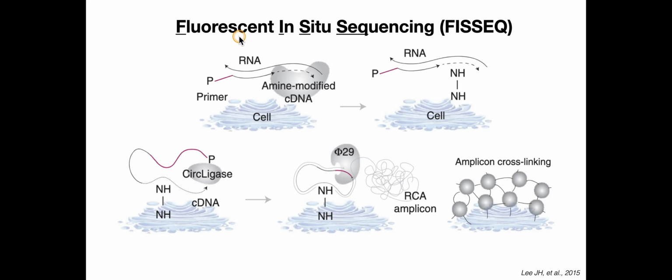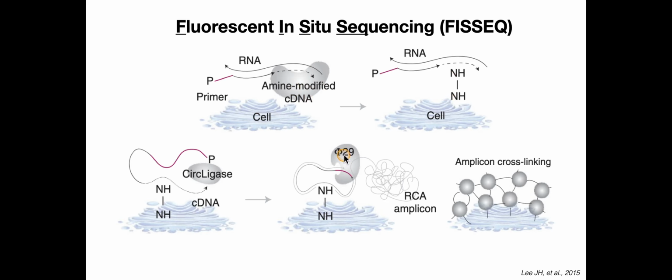One such method, called fluorescent in situ sequencing, or FISSEQ, will probably be recognizable to you, at least in concept, from what we discussed in the pre-course lecture, where the goal, as I said already, is to immobilize a transcript in its location in the tissue and then build up the signal from that transcript. And so you can do that in FISSEQ by creating an amine-modified cDNA, sort of cross-linking that to the tissue,